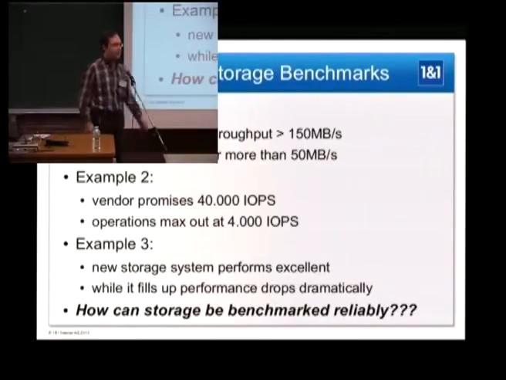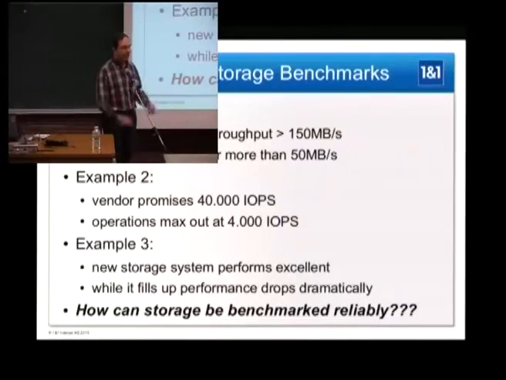Over time it fills with data, and the fuller it gets, the more your performance drops, sometimes dramatically. And you start to think, what should I do in terms of benchmarking beforehand, so you can be sure that I get a system that's